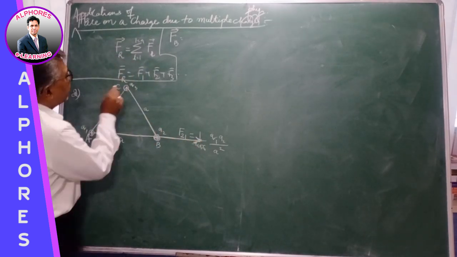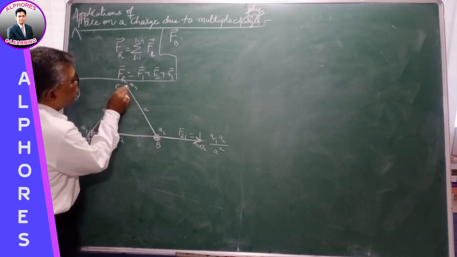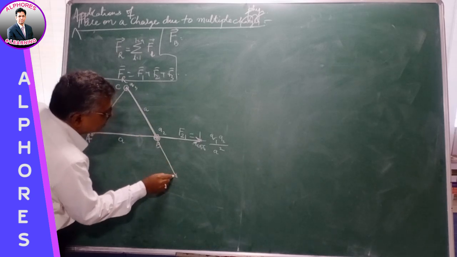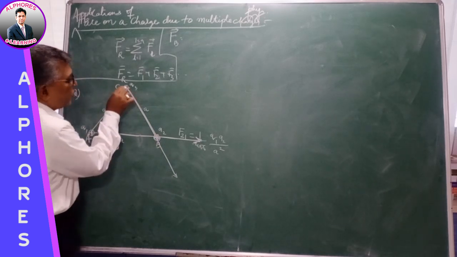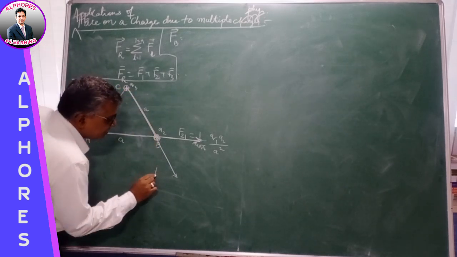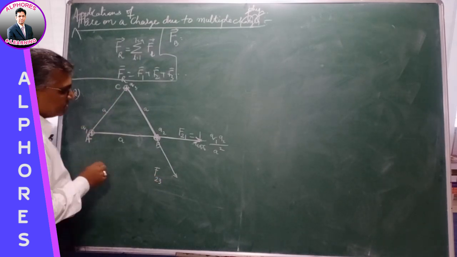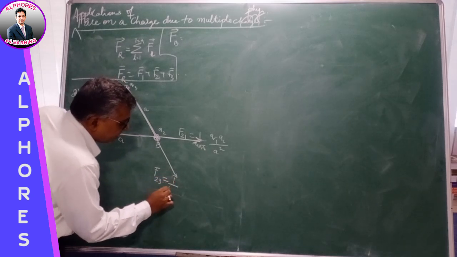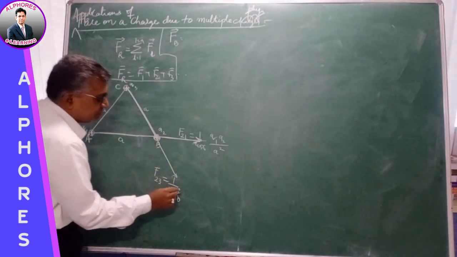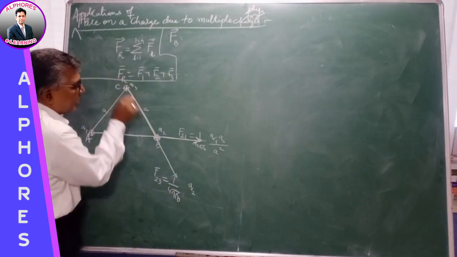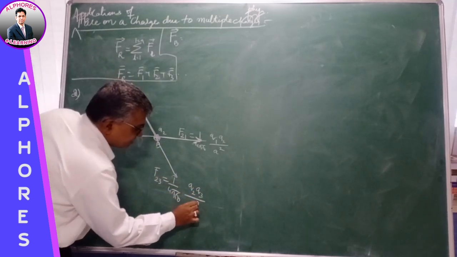Next, there is another charge. So there are 2 more charges other than this, so there will be force due to these 2 charges. Now the force due to Q3 on Q2. I have considered this also as positive. All are like charges. So this is F23, the force on the second due to the third charge. This is equal to 1 by 4 pi epsilon naught, the product of the charges Q2 and Q3, by the distance, which is A, so A square.